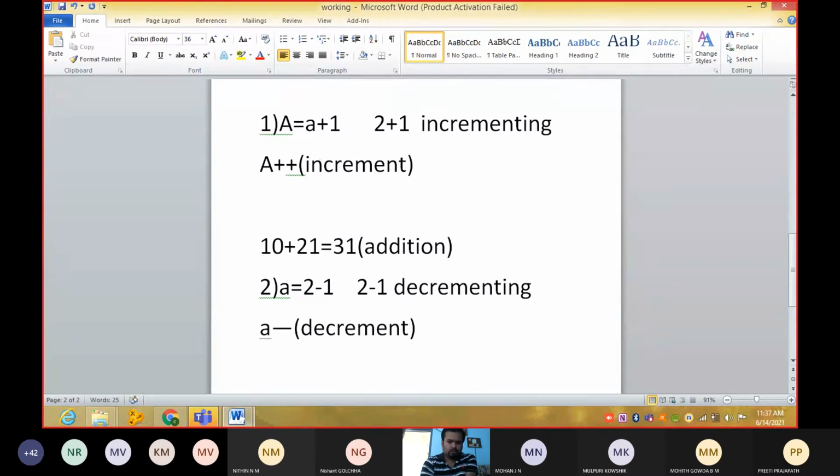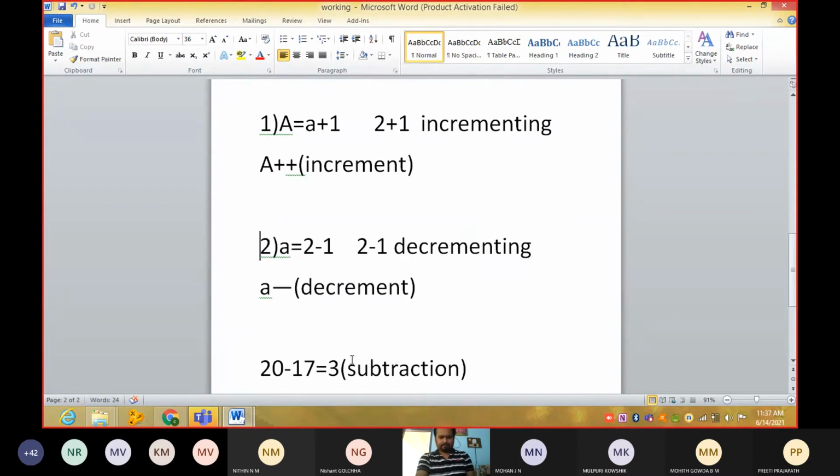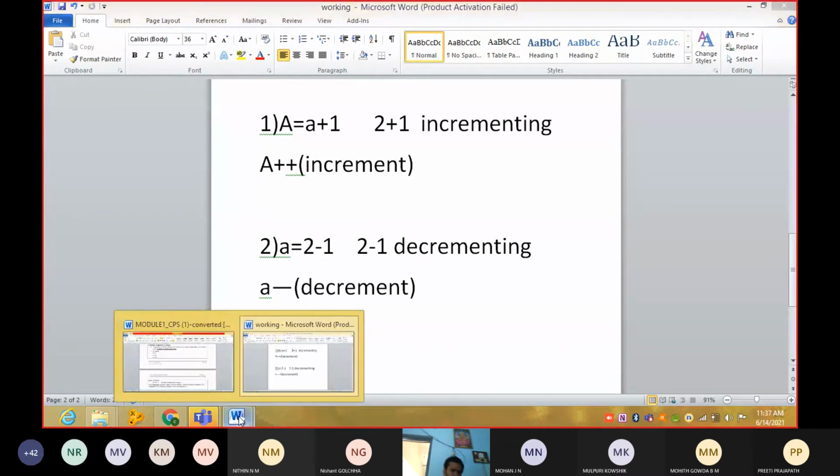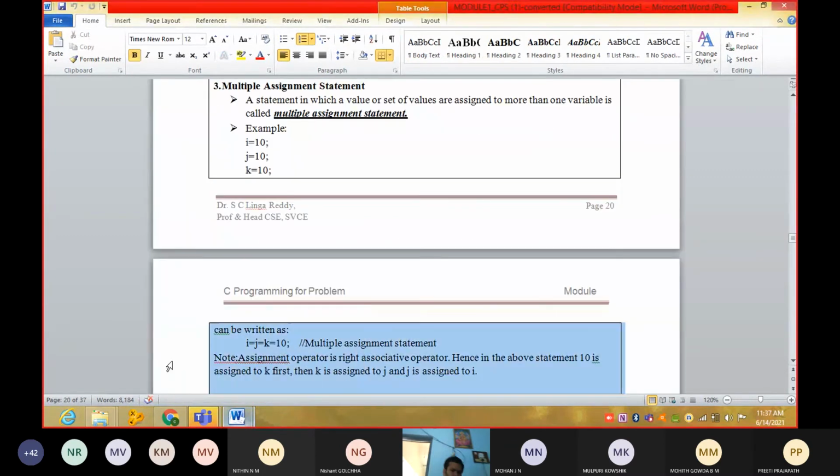Let's go through this very deeply. I think you got the difference between decrement and increment. Let us see the next type of operators: increment and decrement operators.